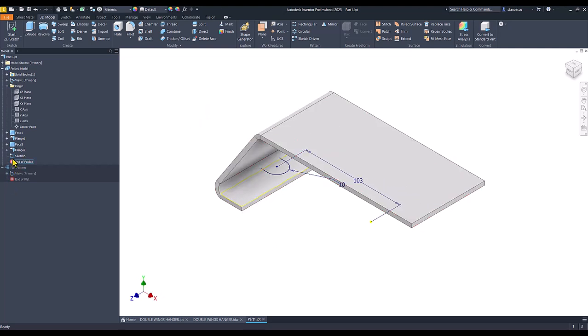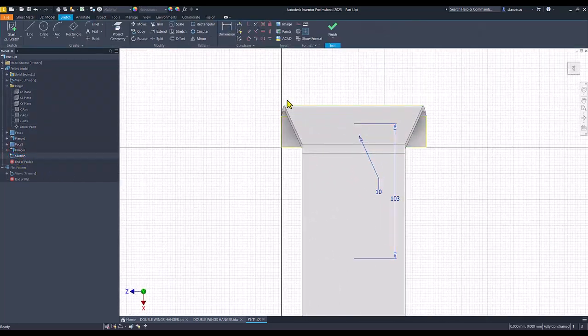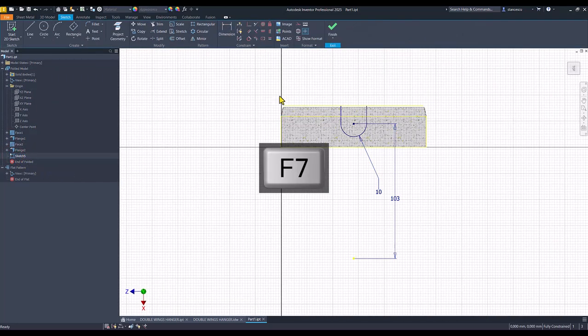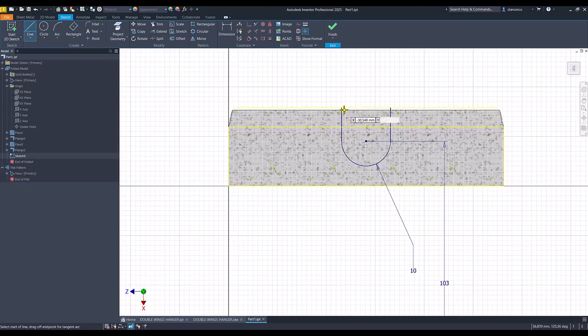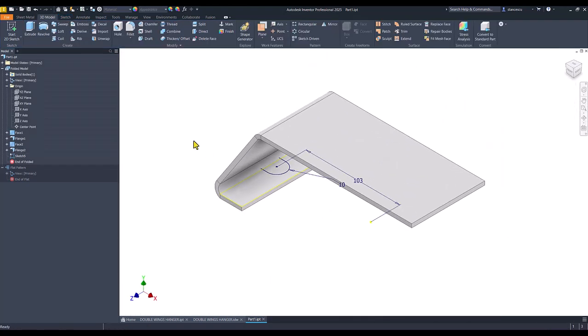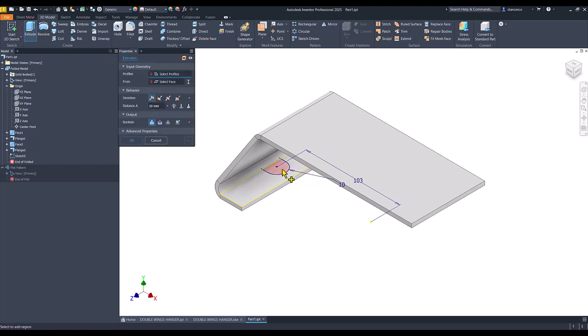So I go back, double click, F7, and I draw that connection line, closing line. Finish sketch. Again, extrude this,